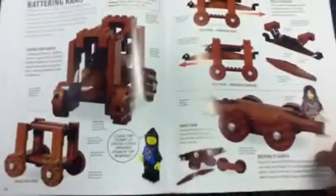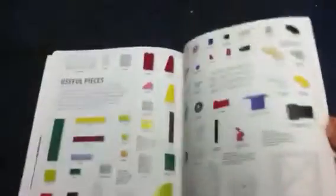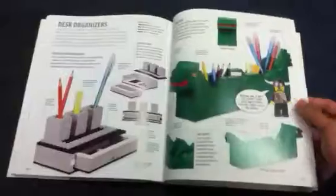You have siege, battering rams, cannons, very micro builds. You could build a house as simple as 1, 2, 3, 4, almost 6 pieces. And you have pirates, lots of pirate stuff, Vikings. So I think this is a great buy. You have aliens in there too, and I mean animals. It's a great buy for anyone who has extra pieces and wants to try to use them